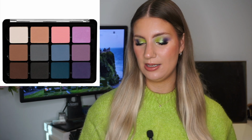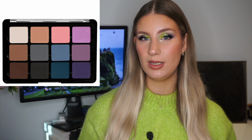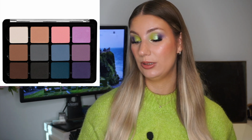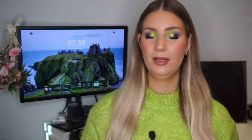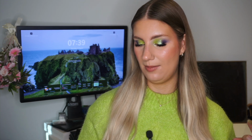You can see it right here. I don't really reach for cool tones very much, but these tones are very unique to me. So I feel like this one would definitely be something fun to have. And then another palette that would be very unique to me and bring in a lot, I believe, is the